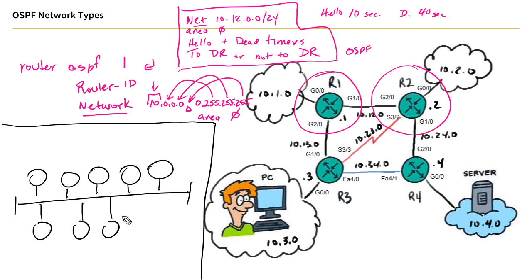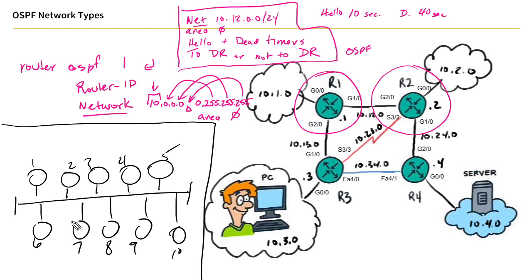I'm going to do a little overkill here, but 1, 2, 3, 4, 5, 6, 7, 8, 9, and we'll put 10. So we have 10 routers on this segment. Now, Ethernet is broadcast based, and these guys can all find each other dynamically. It's all wonderful. But let's imagine that router 1,